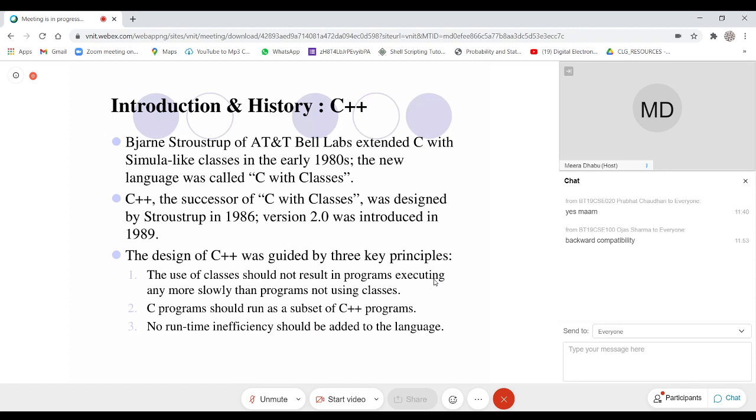So they wanted to incorporate this at the compiler level also. They want to treat an object just like a built-in data type. Is that clear? Any query?